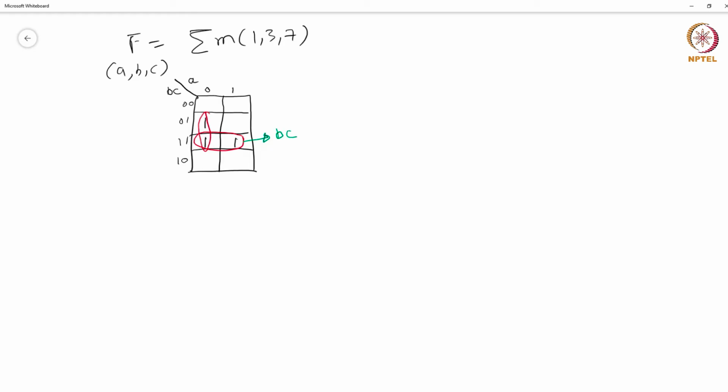Similarly, in this one, the thing which is 0 and 1 will get minimized. Otherwise 0 is the same for both of them, and C equal to 1 is also the same. So B will get minimized, and I can write this as A dash and C. The whole function f can be written as A dash C plus B C. So this is how we can come up with a minimized expression.